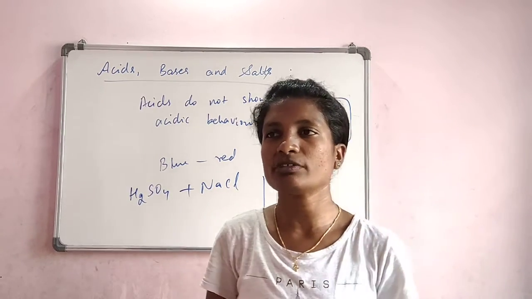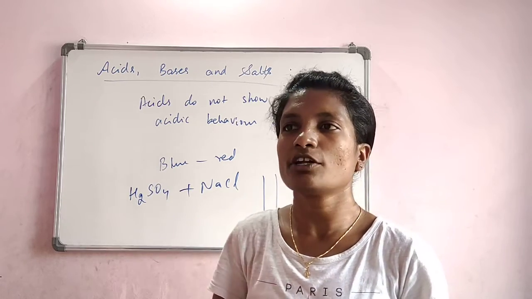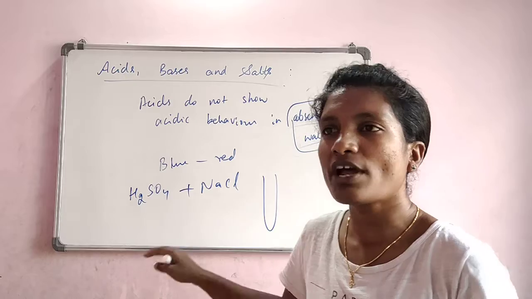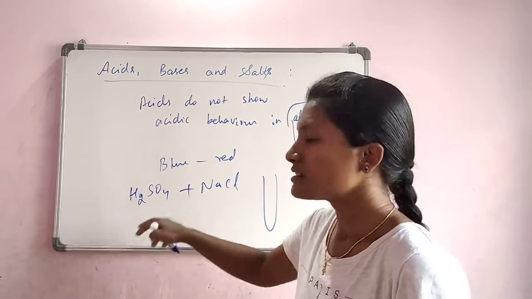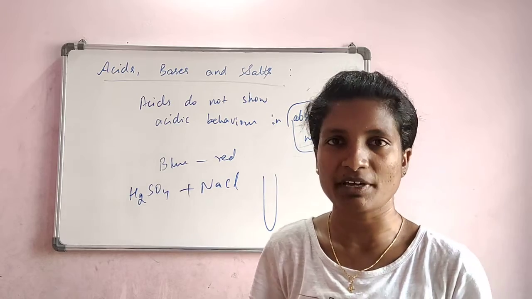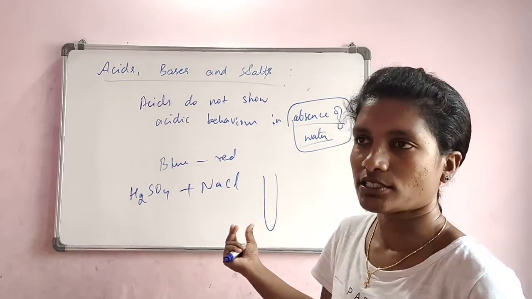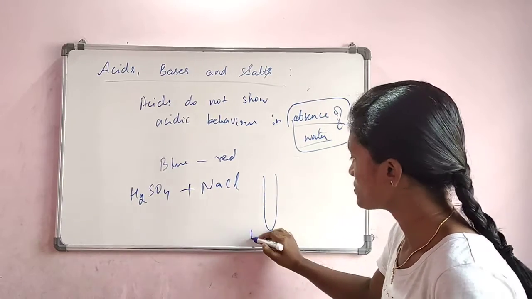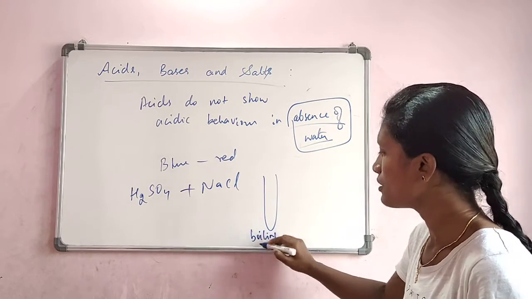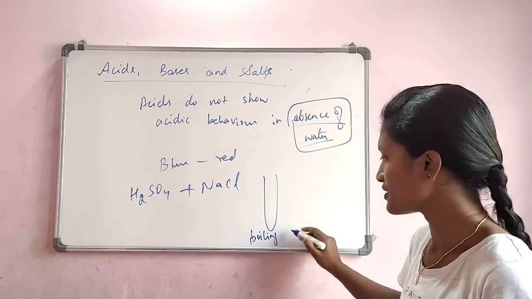A boiling tube is a kind of test tube which is thicker than a normal test tube, since we are dealing with acids. Acids are exothermic in nature, right? They are capable of creating exothermic reactions, and those reactions should not break the apparatus. Hence we use boiling tubes, which are capable of withstanding the heat that is produced during the reaction.